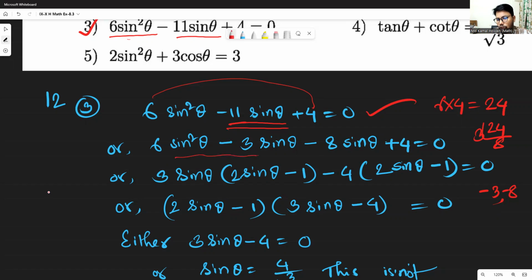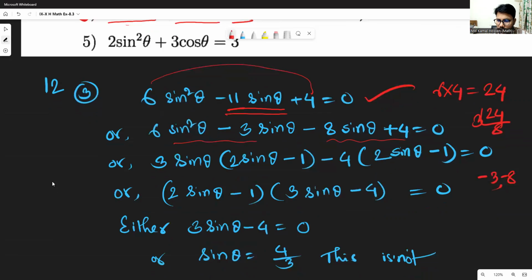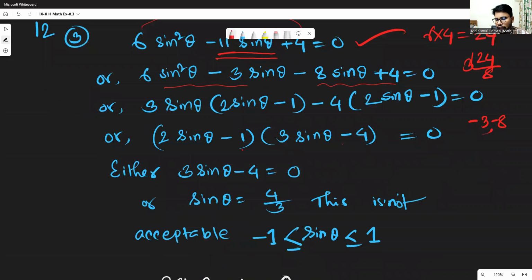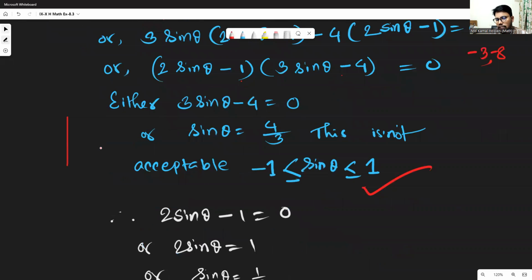So just take common here. We can take minus 4 common. So there are two factors, first one and second one. Either the first one is 0, sin theta equals 4 by 3. We know the maximum value of sin theta is plus 1, and the minimum value of sin theta is minus 1. But this value is